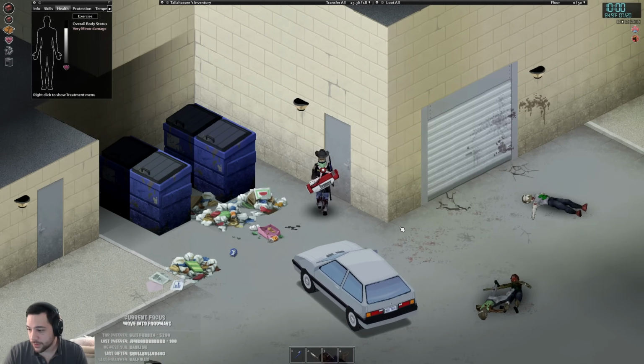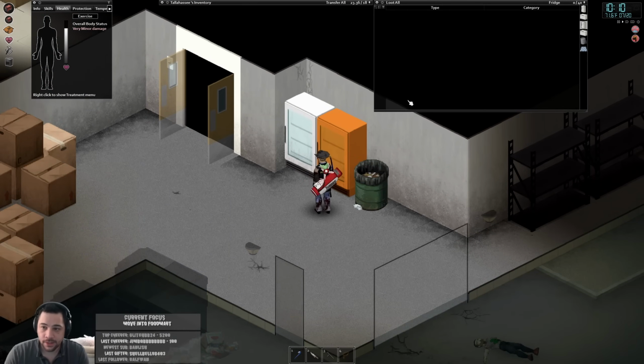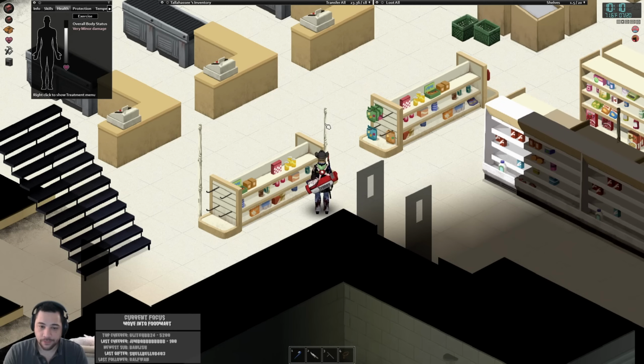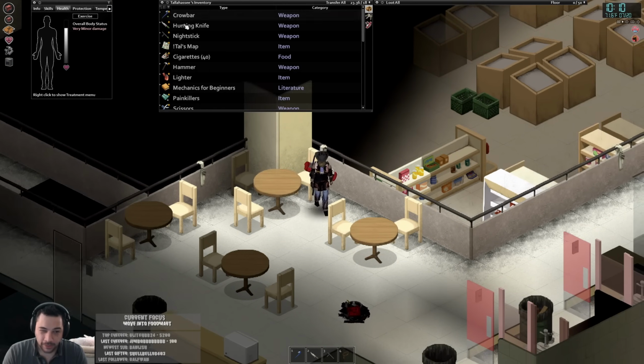Random question: can you move those fridges? Yeah, you can move fridges. These are actually really good fridges. They are industrial fridges that hold more food than standard fridges. Standard fridges hold 30 kilos, and the industrial fridges hold 40. And I believe it's for the same